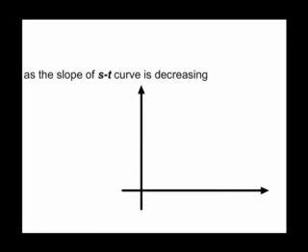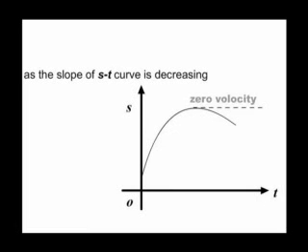Now let's have a look at another displacement time graph. So here we can see that the slope of ST curve is decreasing, that is displacement time curve, it is decreasing. So this is the case of deceleration. Also there is a point on the curve where the slope of the graph is 0. This is that point, and since the slope of the graph is equal to the velocity of the particle, so